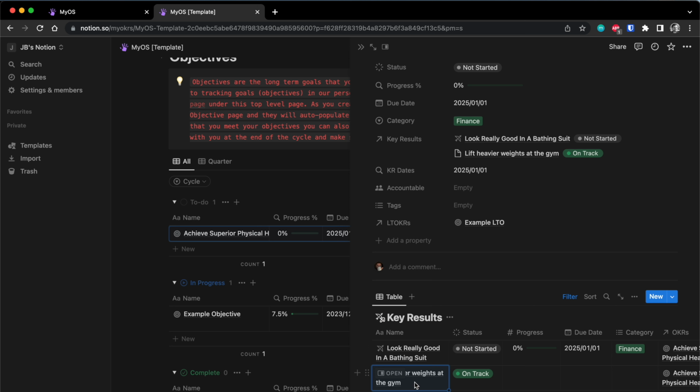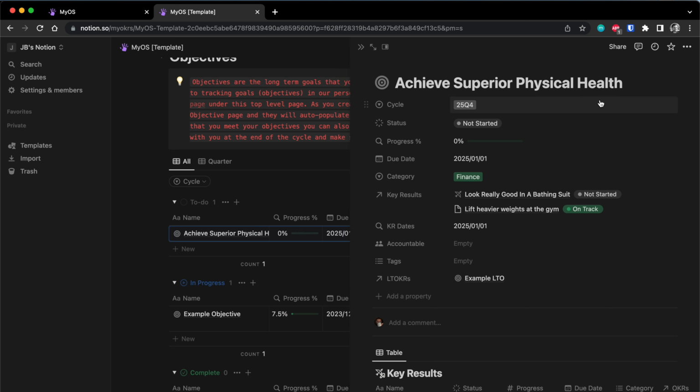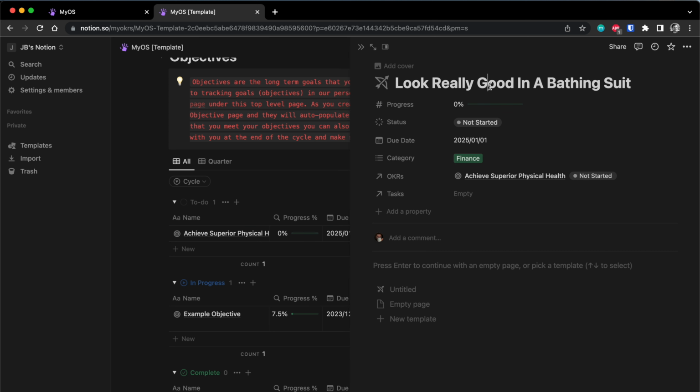You might be lifting 1 pound heavier, but does that mean that this key result has been achieved? Or are you only satisfied once you're lifting 100 pounds heavier? So it's really hard to tell with these key results if you've achieved them or not, and therefore have you reached that objective of achieving superior physical health. Now, let's look at how we might actually adapt these so that they're a little bit better key results towards this objective. So for this first one, instead of look really good in a bathing suit, maybe we want to